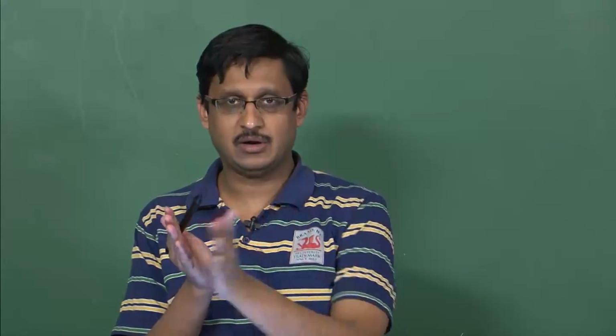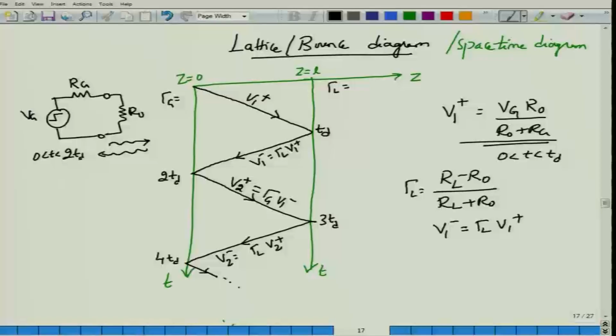If one TD is the one time delay, then until half the time I do not see anything. Where do I see some voltage? I would actually see some voltage because this is my oscilloscope. The oscilloscope is kept at L by 2, and any voltage that is launched from the source or from the load side would take about TD by 2 to reach the center of the transmission line. So, I will not see anything before that. The voltage continues to travel and reaches the center of the transmission line at a time of TD by 2,